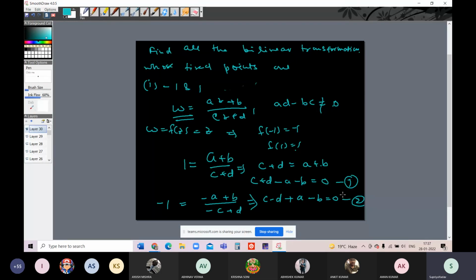When we are adding these two equations, d will be cancelled, a will be cancelled. So we will get 2c equal to 2b. This will give you b is equal to c. And again subtracting, we will also get a is equal to d. Substituting b is equal to c in equation 1, we will get a is equal to d. So now substituting these values here,